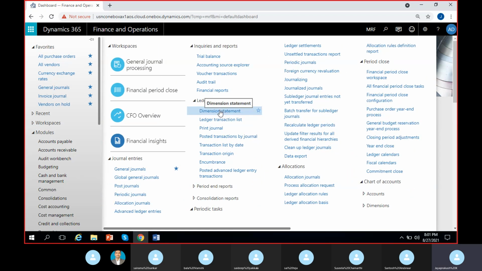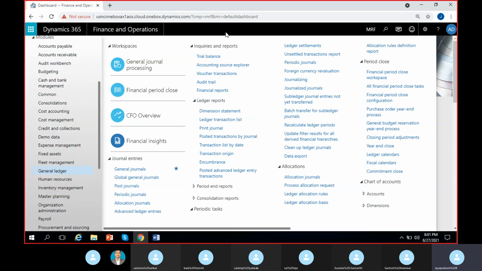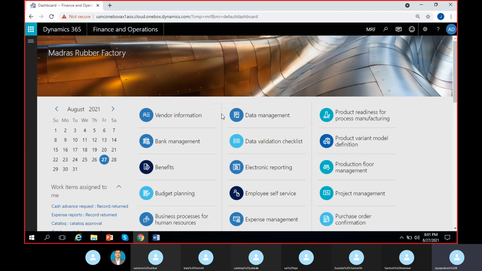So let us start with this dimension statement. Let's see what we have in this ledger report, dimension statements. It's here in general ledger inquiries and reports. Under ledger reports I have dimension statement: GL, inquiries and reports, ledger reports, dimension statement. If I click on dimension statement,